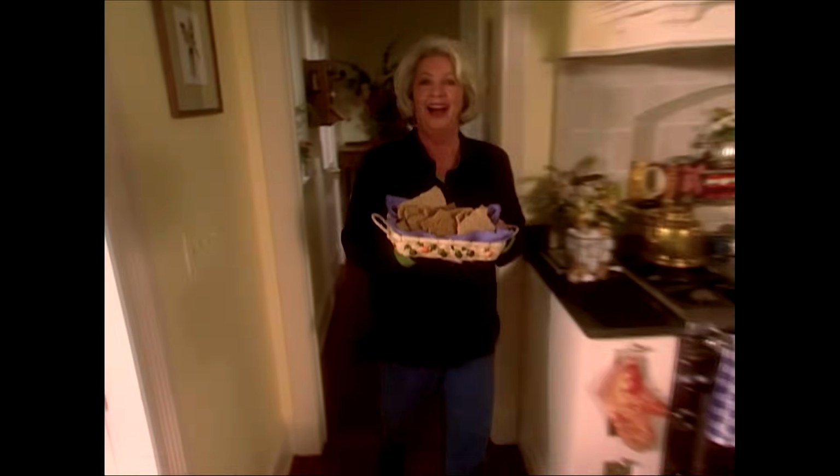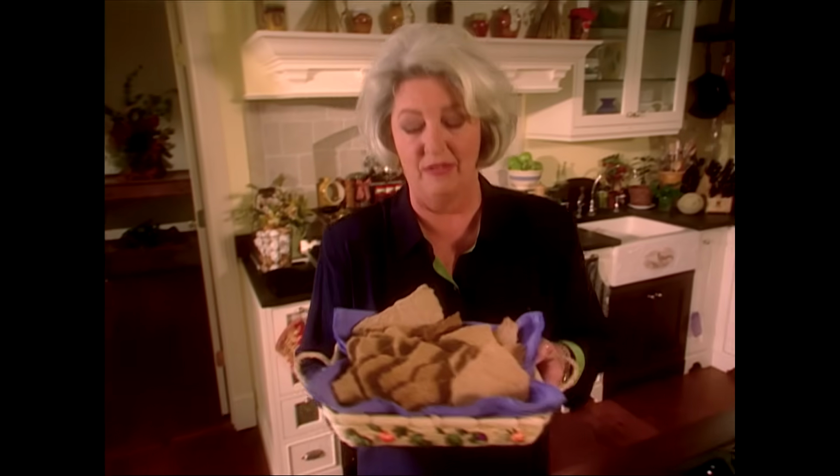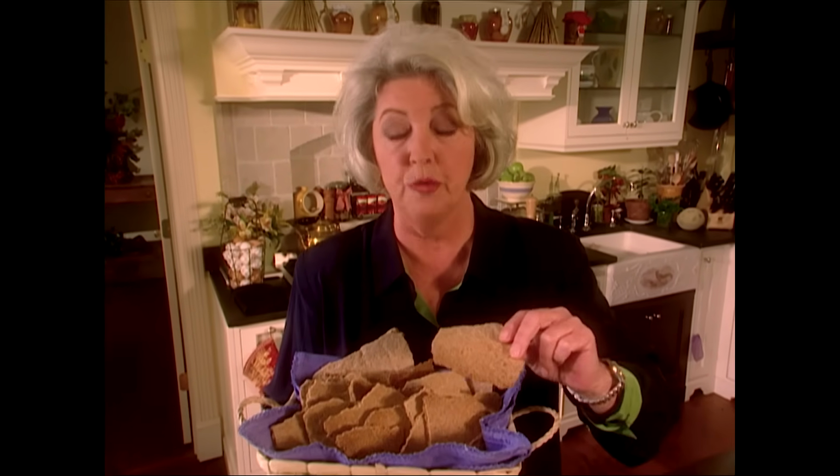Hi, y'all, you won't believe what I have in the basket. This is actually a graham cracker, not as you and I know it, but the way that they were made hundreds of years ago. I was asked to donate some things for a bake sale for charity, and I said